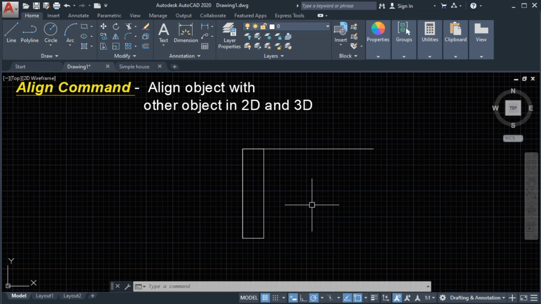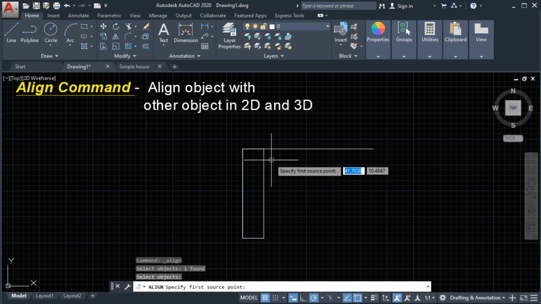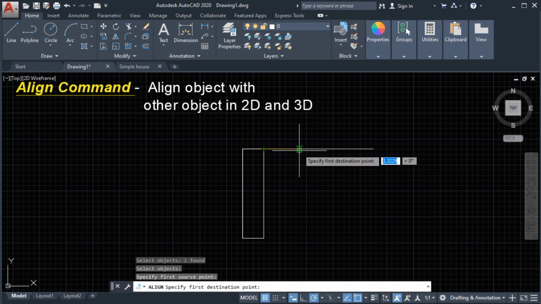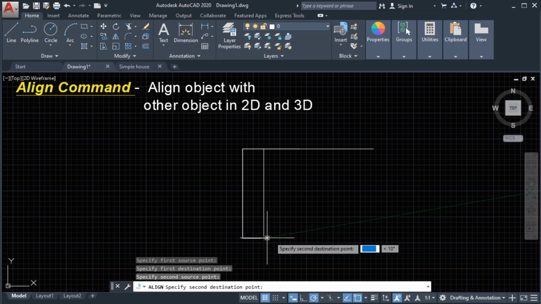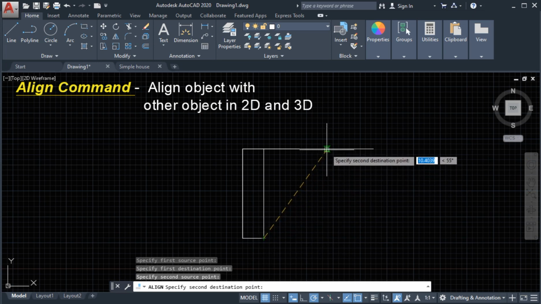So we'll do another example. Align command. We'll select this object, enter, and then now we're going to select from here, and let's say this is our first point, and from here we'll select here, enter, and we're going to scale the object based on our alignment point. So this will be here and somewhere here.